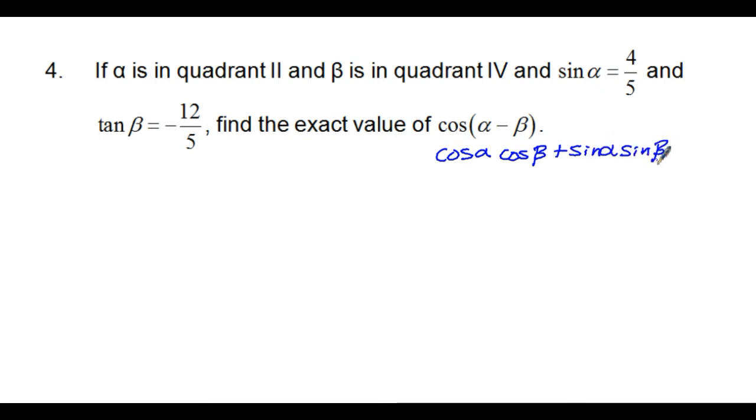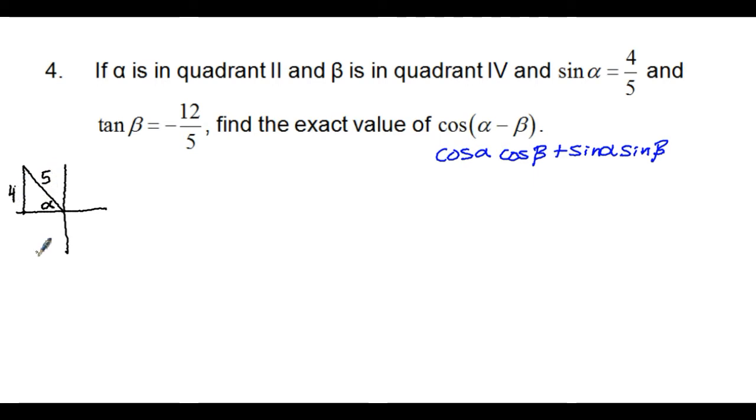Okay? So I know I've been given the sine of alpha, so I'll just be able to plug that right in. But then I don't know what the cosine of alpha or the sine and cosine of beta is. So what I always do with every single one of these is I draw a little picture first. It says alpha is in quadrant 2, so I know alpha is going to come up here. So this is alpha. And it says sine of alpha, which is opposite over hypotenuse, is